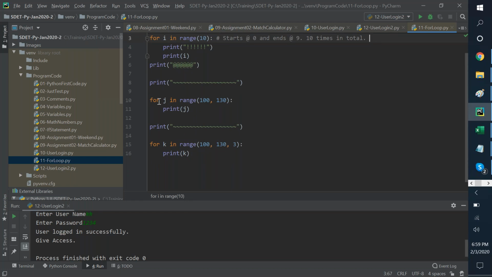What is the difference between line 10 for loop and line 15 for loop? Why are they called loops, team? It will keep looping. Lines 4 and 5 keep on repeating 10 times. Line 11 only here keeps on repeating 30 times, I believe. 100. So here it starts from where, team? In this case, line 10 starts from 100 to 299. Sorry, 129. Is that correct?